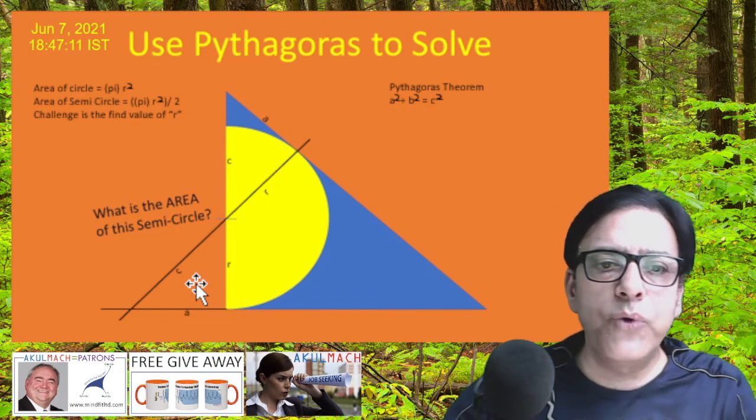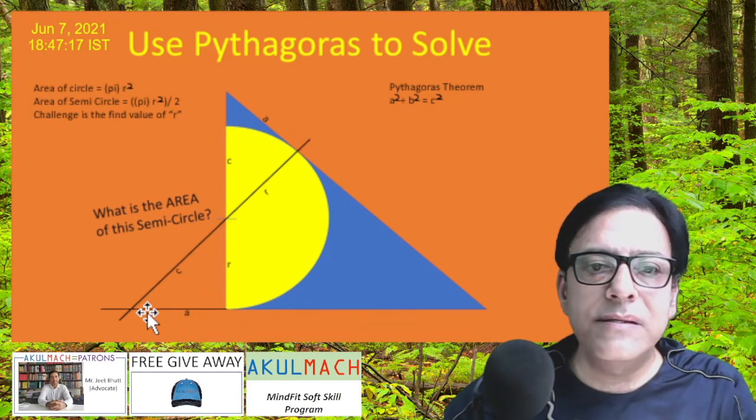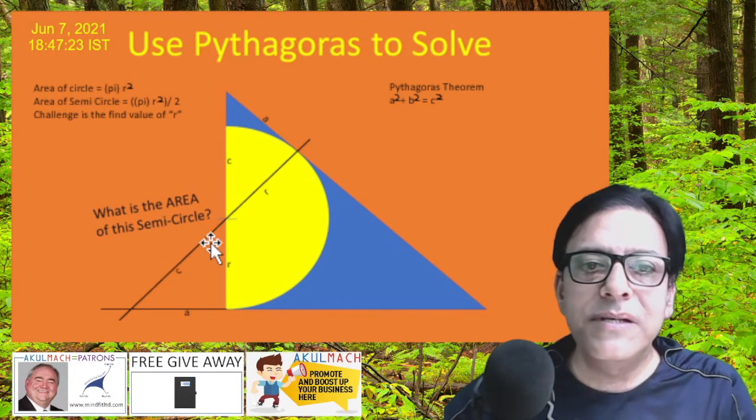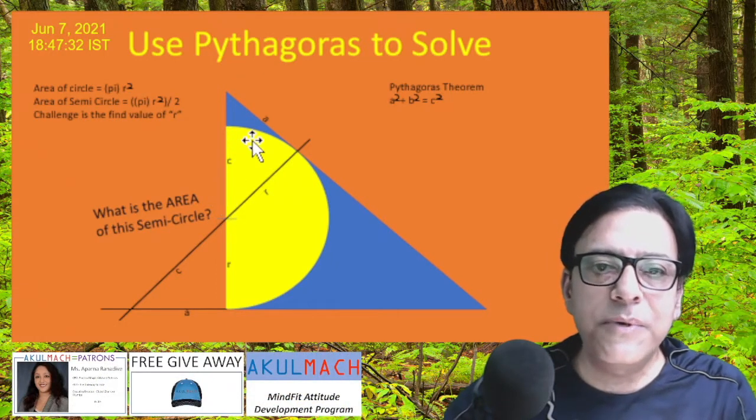So let's give names to our sides. So let's say this is C, and since this is the hypotenuse and this is the base of the triangle, it is A. And since we have called them A and C, consequently, since these are two mirror images, this side will become A and this side will become the hypotenuse, and hence it will be called C as per the Pythagoras theorem.